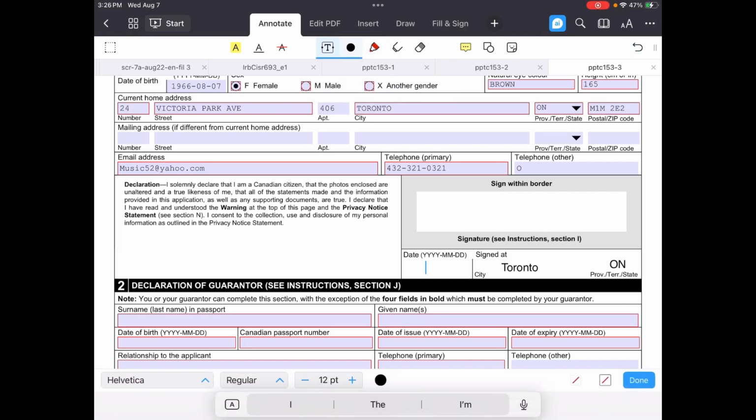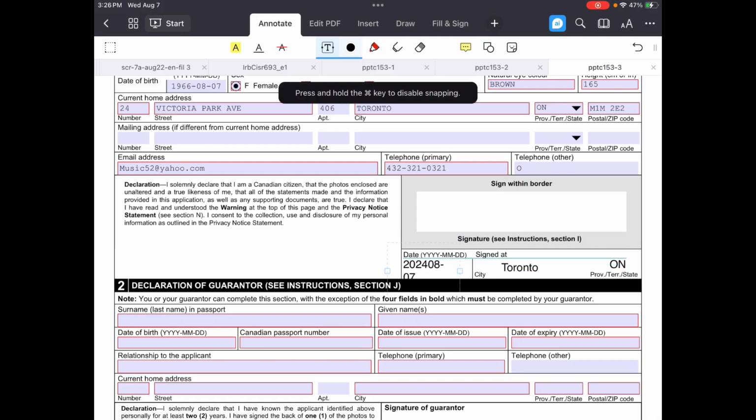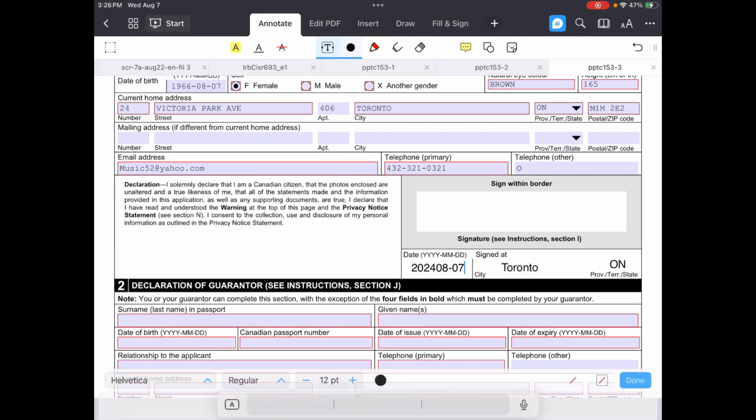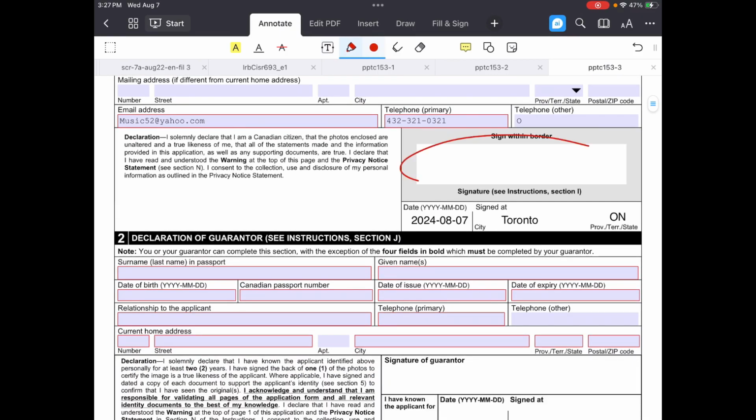Also the date, I'm just gonna enter, let's just say, 2024 0807. This must be the date that you actually sign the application. So if you're planning to sign the application next week, then you got to make sure that you actually date it for next week. So it's got to be the date that you're signing the application. After you filled all this information and after you signed your application here within the border, then you can move on to the next section,